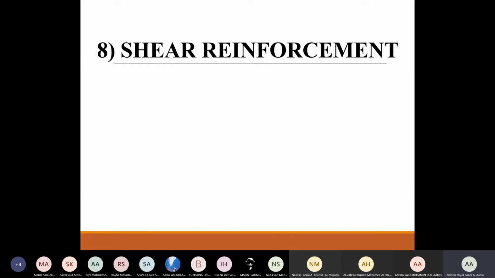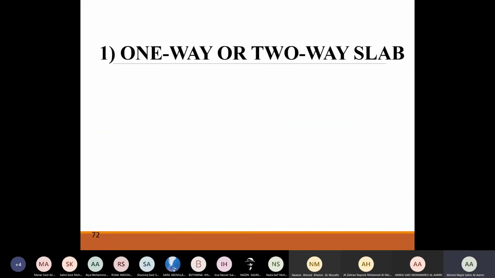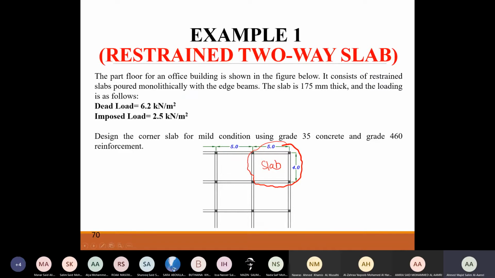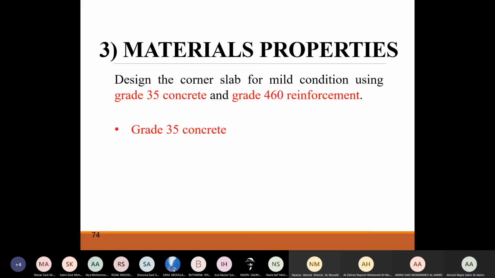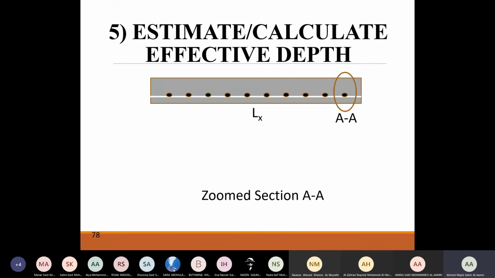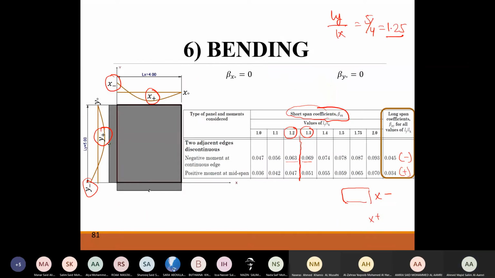So now, if you remember, if we go to the question, you will see that we are having case number 4, for the bending moment diagram, which is 2 adjacent edges discontinuous, and we have said one short is going to be there and one long is going to be there. One long is discontinuous and one short is discontinuous. Now if we take this particular drawing, which is 4x,